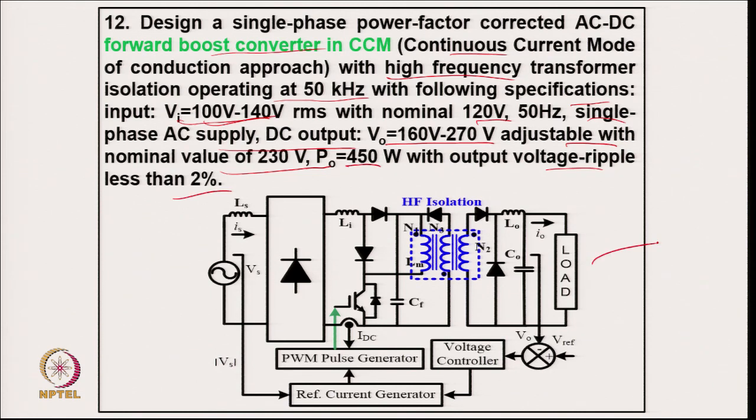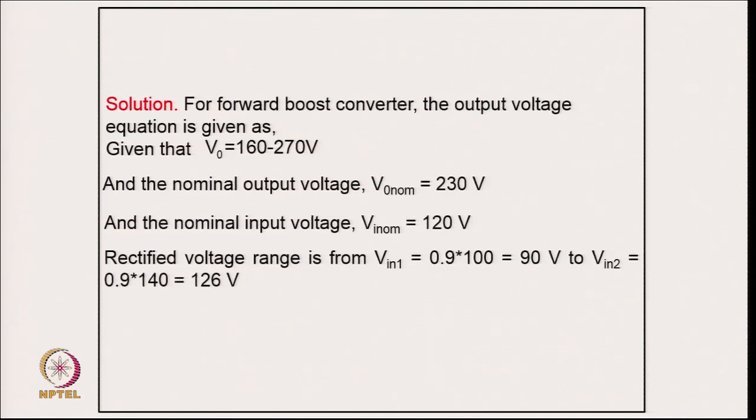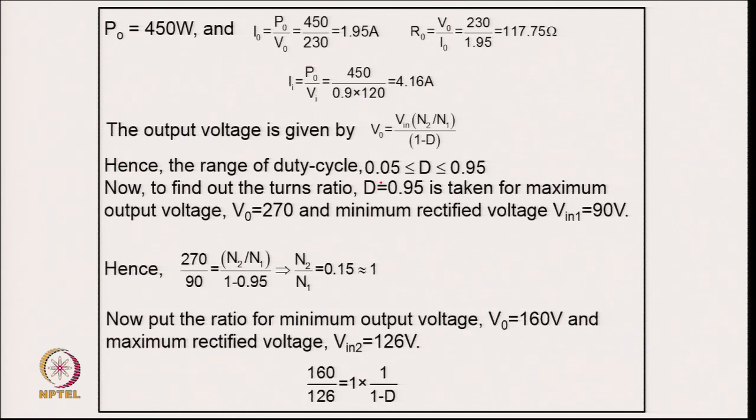So, this is the typical circuit of this forward boost converter, and going to the calculation of output voltage 160 to 270 and nominal voltage of 230 and input nominal 120. So, you can find out the average input voltage corresponding to 90 and 126. So, we can find out from the power given, 450 watt, the output current 1.95, resistance equal to 117.75 and input current 4.16, and from